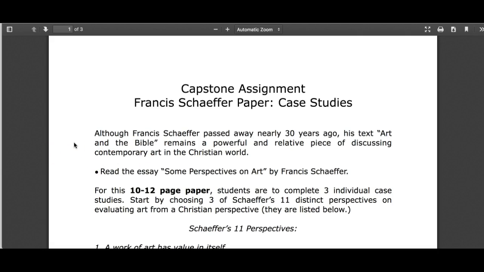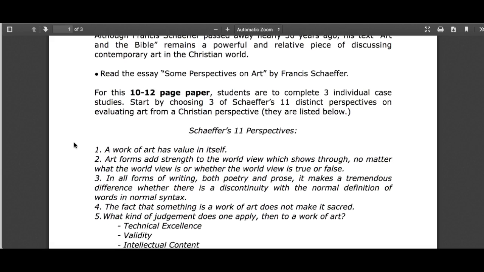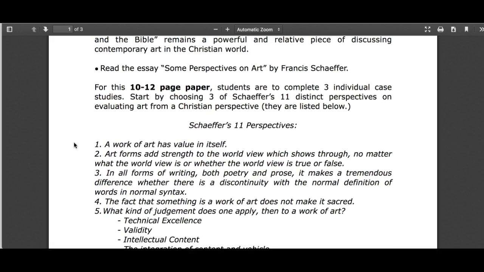So Francis Schaeffer, he passed away nearly 30 years ago. His text, Art in the Bible, remains a very powerful and relevant piece of discussing contemporary art in the Christian world. So after you've read some perspectives on art, this is going to be a 10 to 12 page paper. And you are to complete 3 individual case studies for this. So when you read Schaeffer, this is all going to make a lot more sense, but basically he goes through 11 different perspectives on how we can look at Christian art, or art that is secular, and look at it from a Christian perspective and apply meaning and know how to engage with it, how to separate our